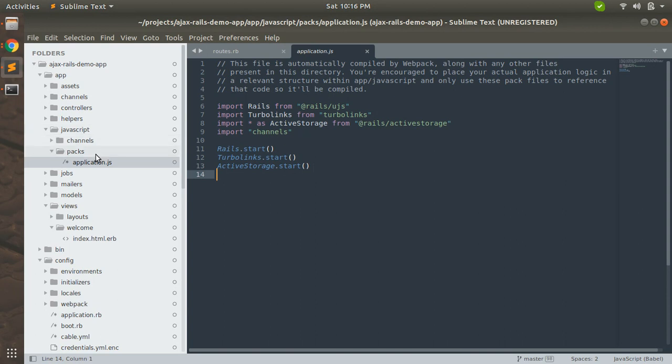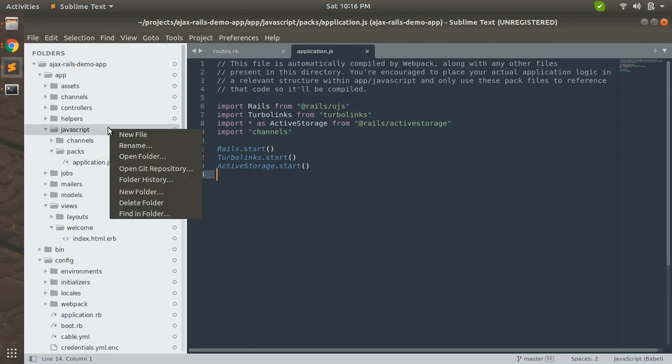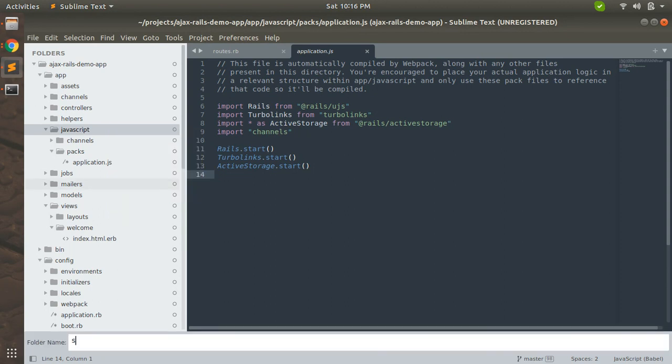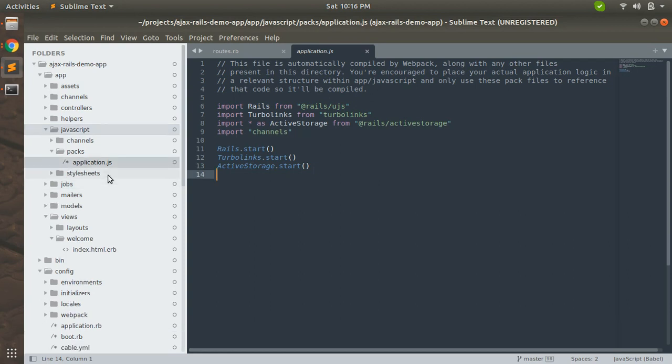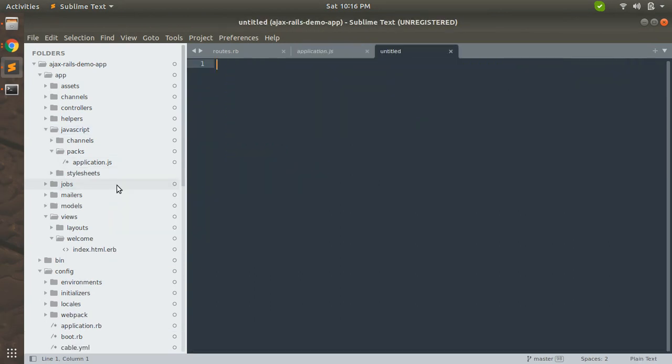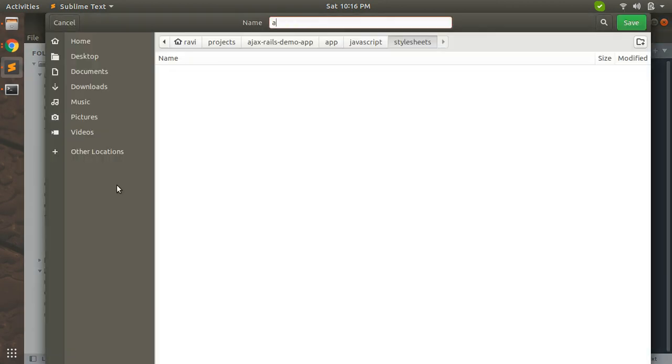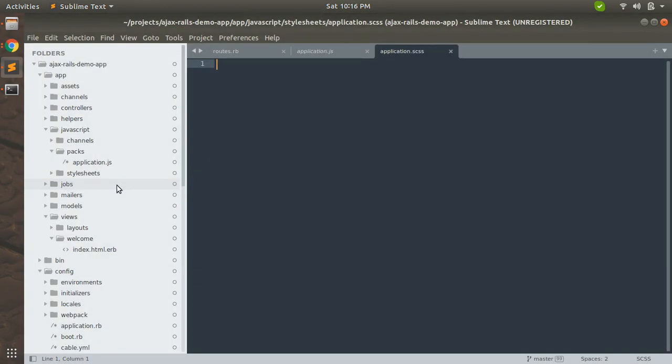So first we will add a stylesheets folder into the javascript folder to import Bootstrap CSS. Let's create a new folder and name it stylesheets. Now into stylesheets, create a file with the name application.scss.